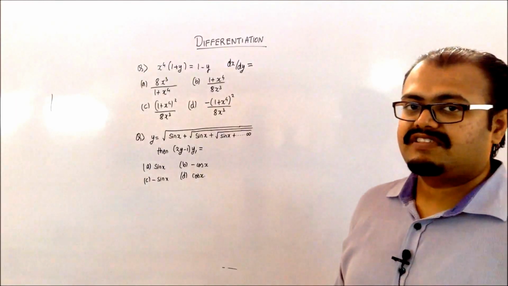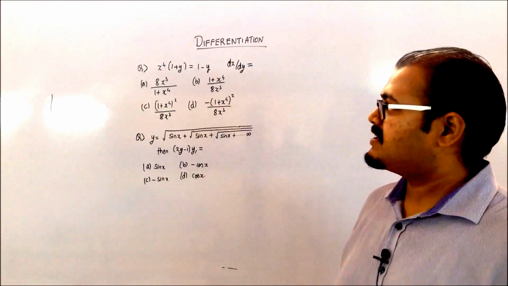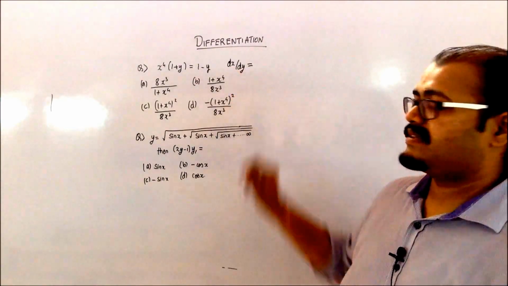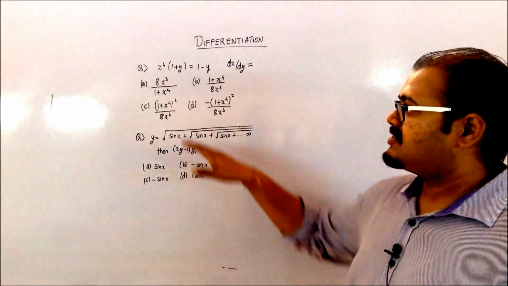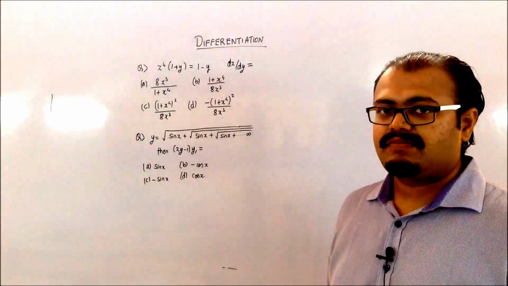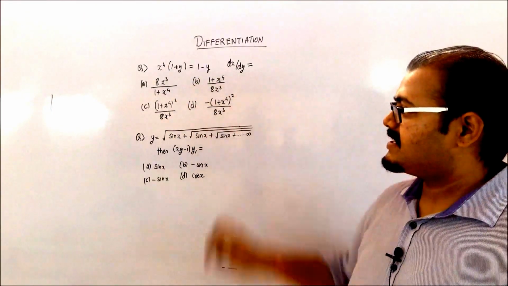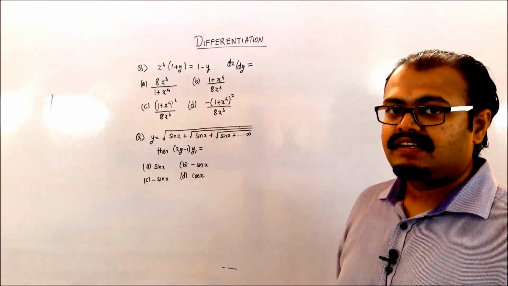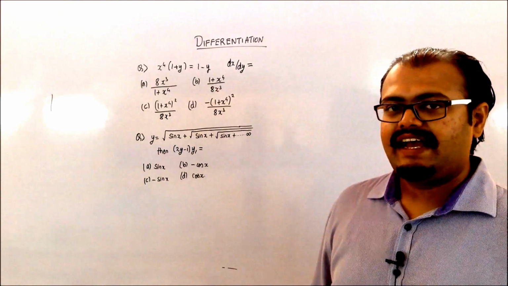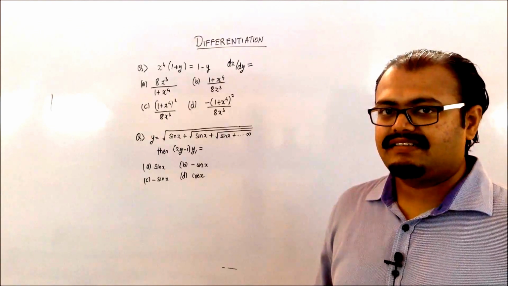Now the next type of question, in this you are having x raised to 4 into 1 plus y is equal to 1 minus y. You have to find derivative of x with respect to y. Now if you just directly say that x raised to 4 is equal to 1 minus y divided by 1 plus y, you would not get any of these answers, because you can see that everything is in x. So what you need to do is you need to first find dy by dx and then use the property that dx by dy is 1 upon dy by dx.